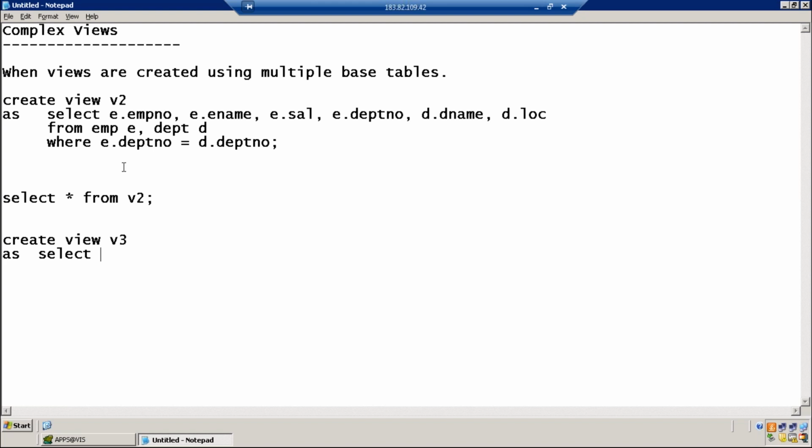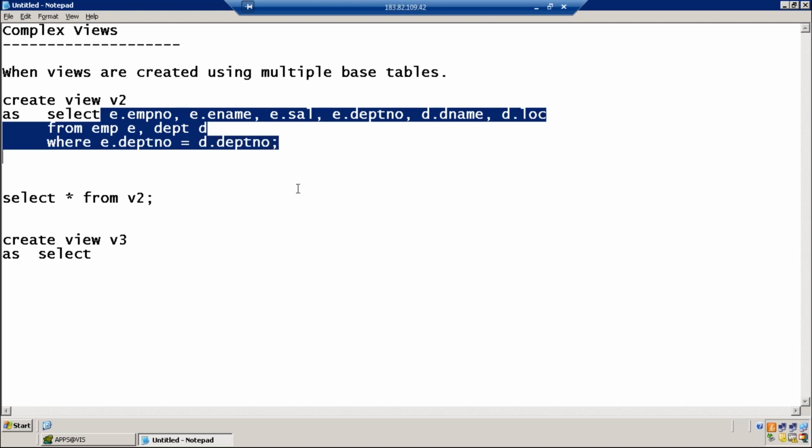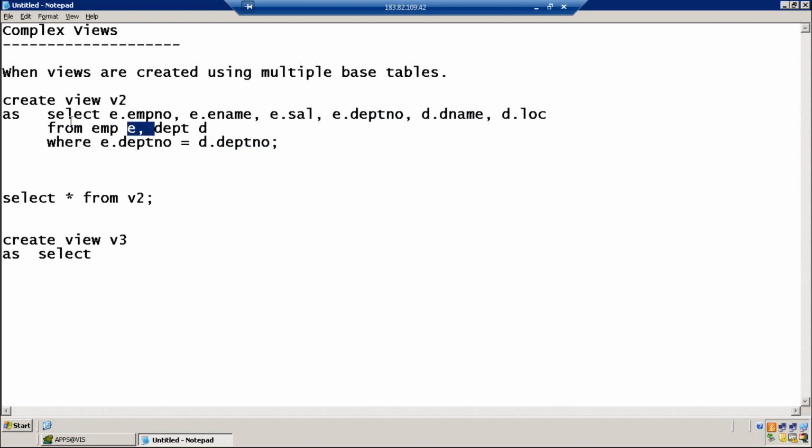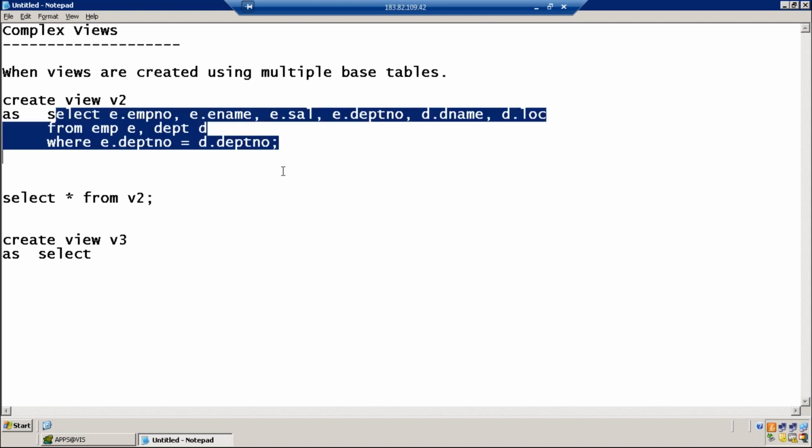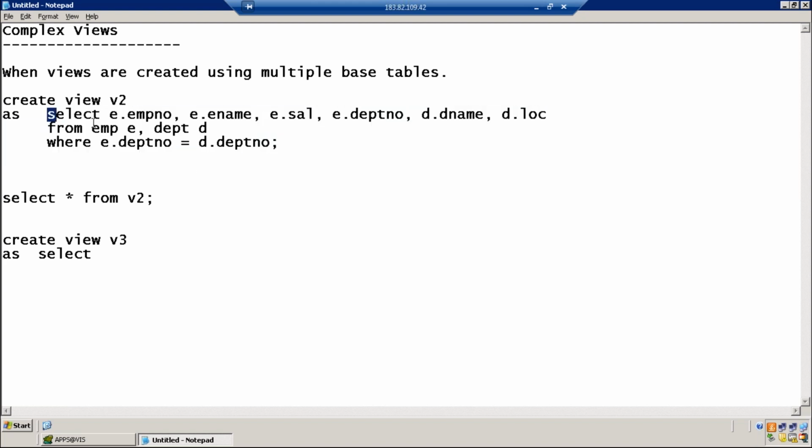I noticed that while creating the view, there are some aliases on each row of the query. Are these required, mandatory? Yes, this helps in improving the performance. Let's say if you don't use table aliases, what is the advantage of table aliases? Table aliases help in decreasing the length of the query, and at the same time the performance is increased, isn't it? This we learned when we were learning the concept of joins.